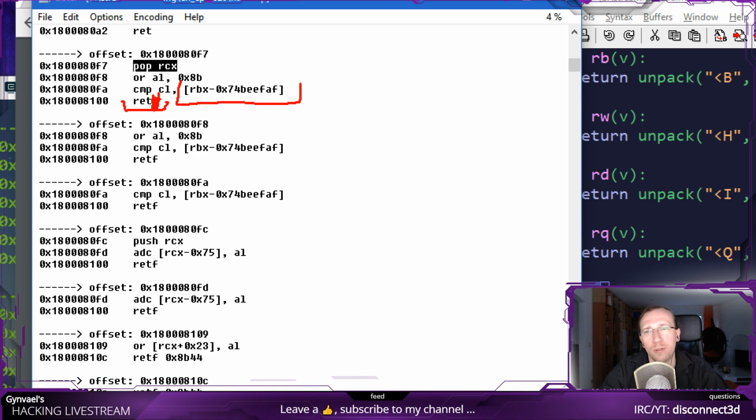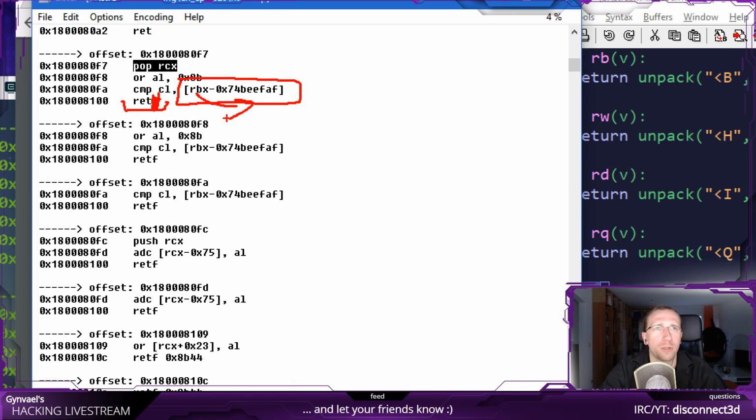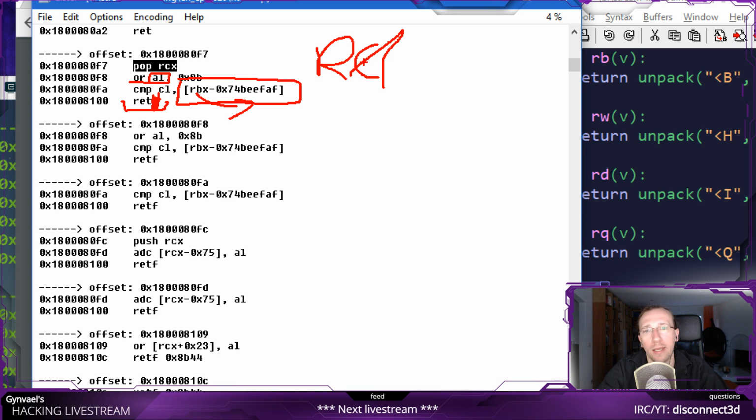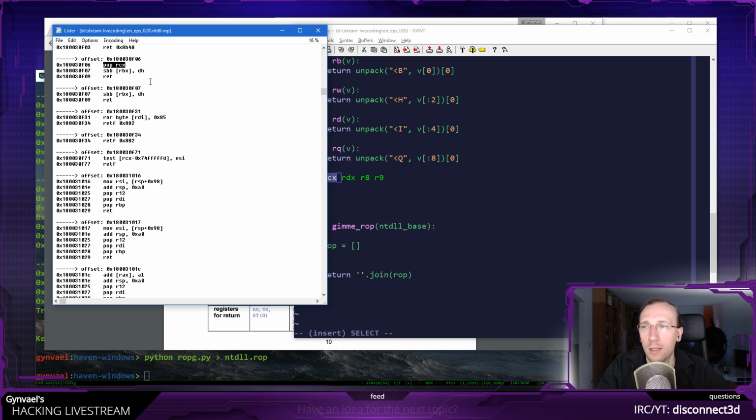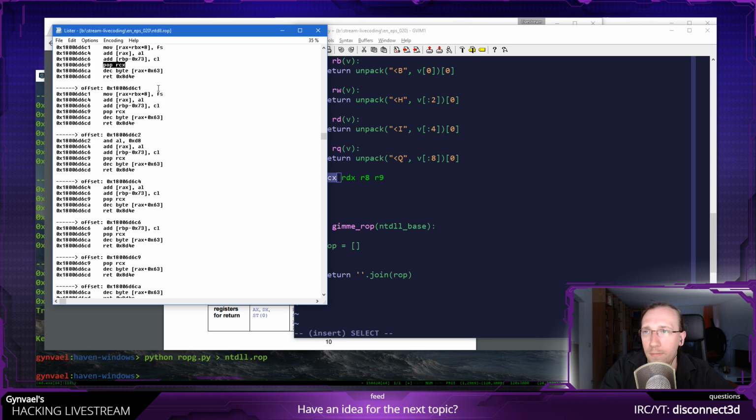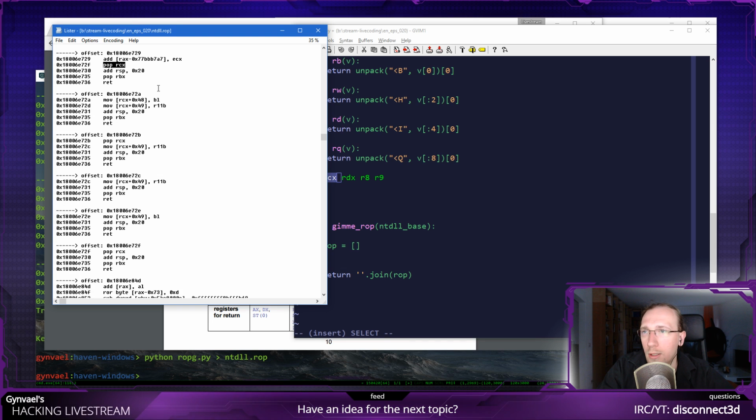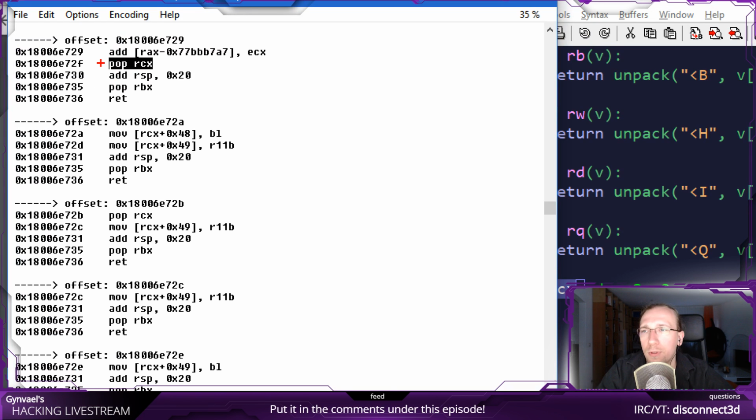Now this is some weird memory dereferencing, and if RBX is a wrong value, it will actually crash my program. I don't really like it, and it also destroys my AL, or actually RAX, register. So I don't like this gadget. I'm going to look further for something which ideally consists only of pop RCX and then a return. So no. Maybe the last one, no. This is a little better. I could control 2 registers here, but this one also eats 20 bytes of my stack. I don't like